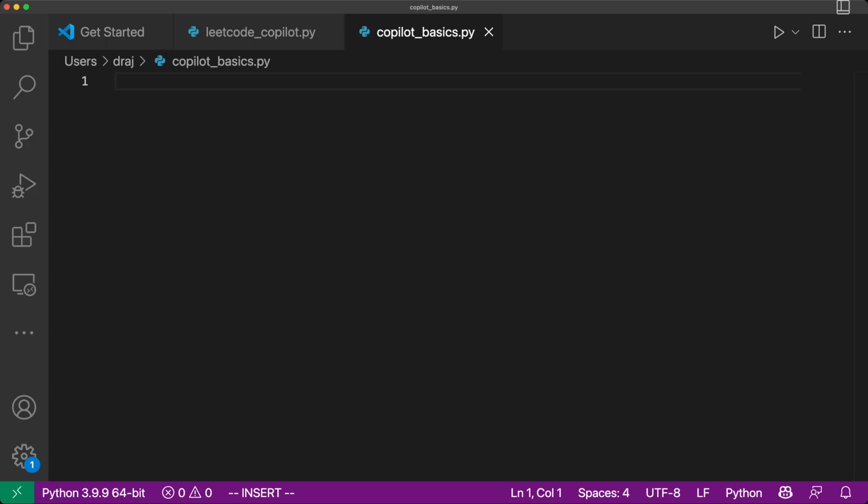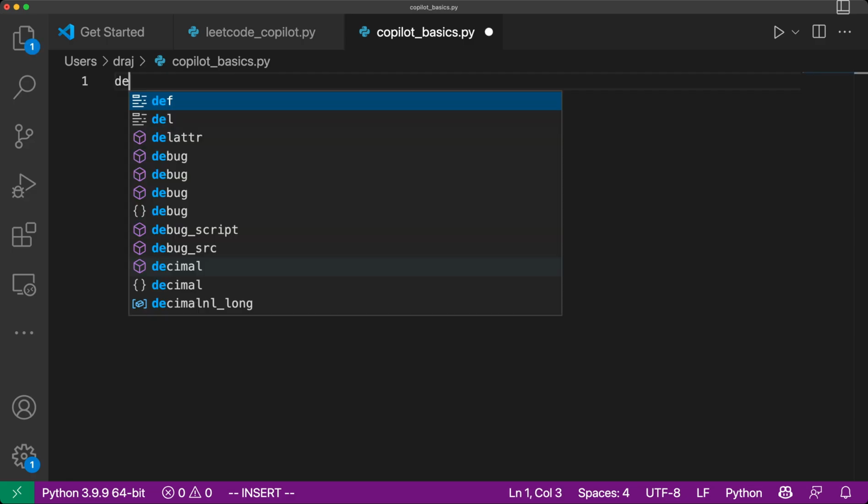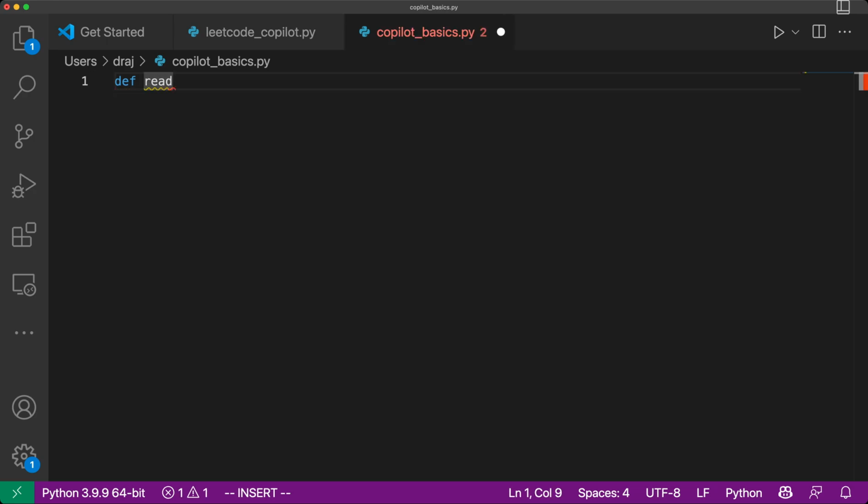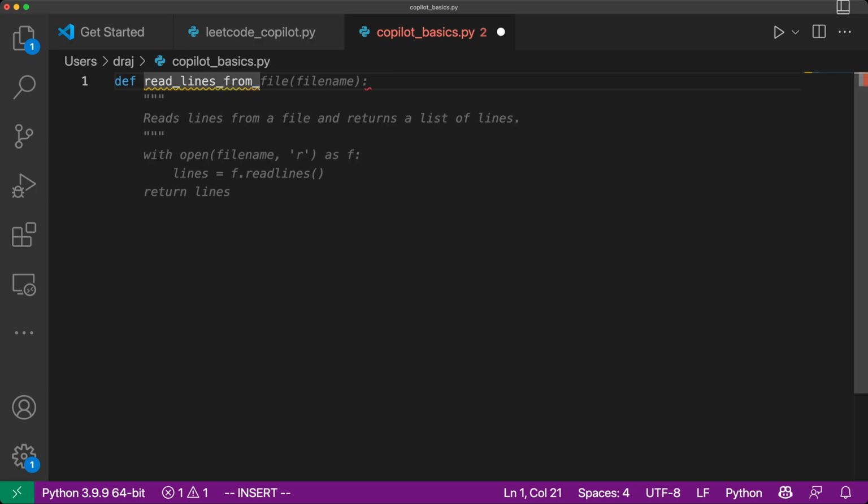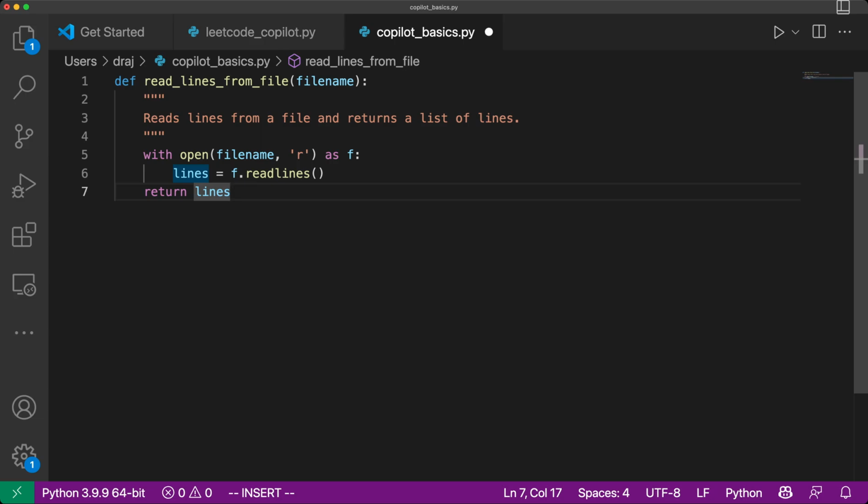So for example, if I want to read lines from a file, all I have to do is type it and let's see what Copilot does. Okay, there we go. Copilot automatically guesses that the remainder of the function name that I want is read lines from file, takes as input the file name. It also gives a nice comment, and it automatically just does what we need, which is with open file name